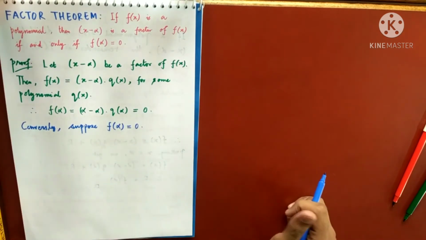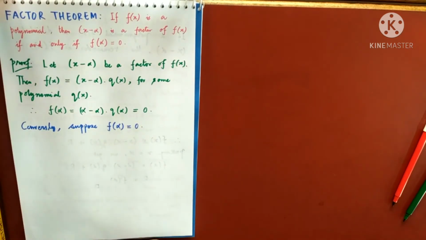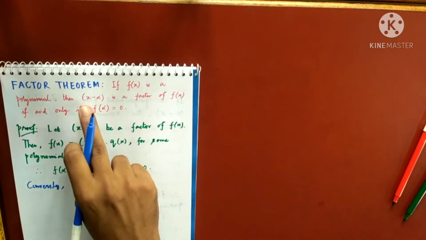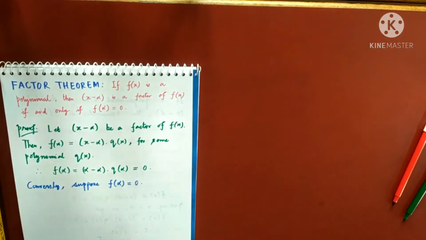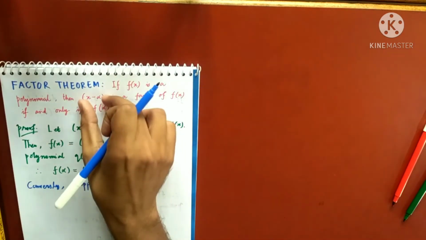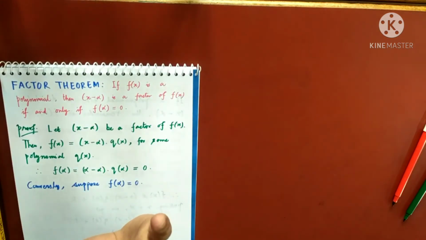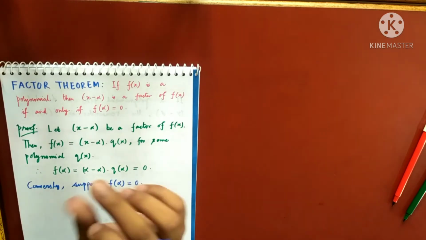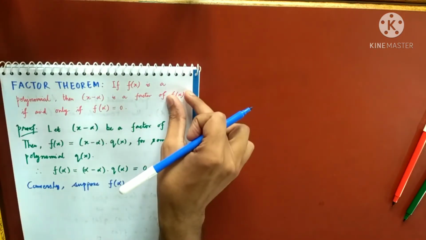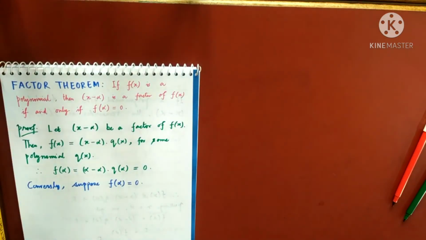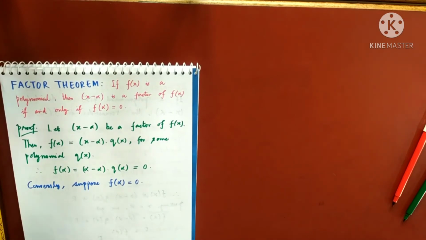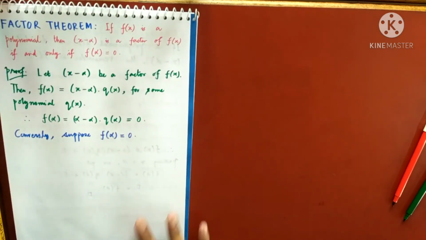Okay. Now you see, what is my aim? My aim is to prove that this is a factor of this. When can I say that this is a factor of this? When the remainder will be 0. So what is my aim to prove? When this divides this, the remainder should be equal to 0. So that is my aim, to show that the remainder is 0. So how will I start?